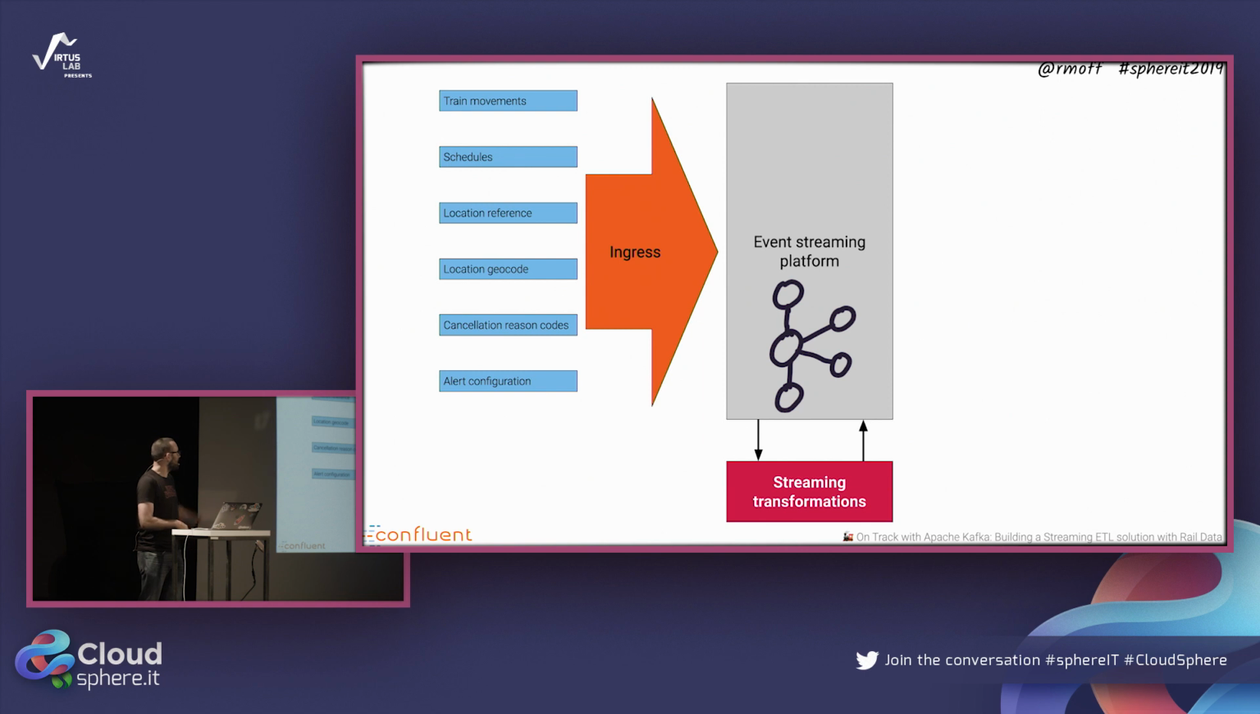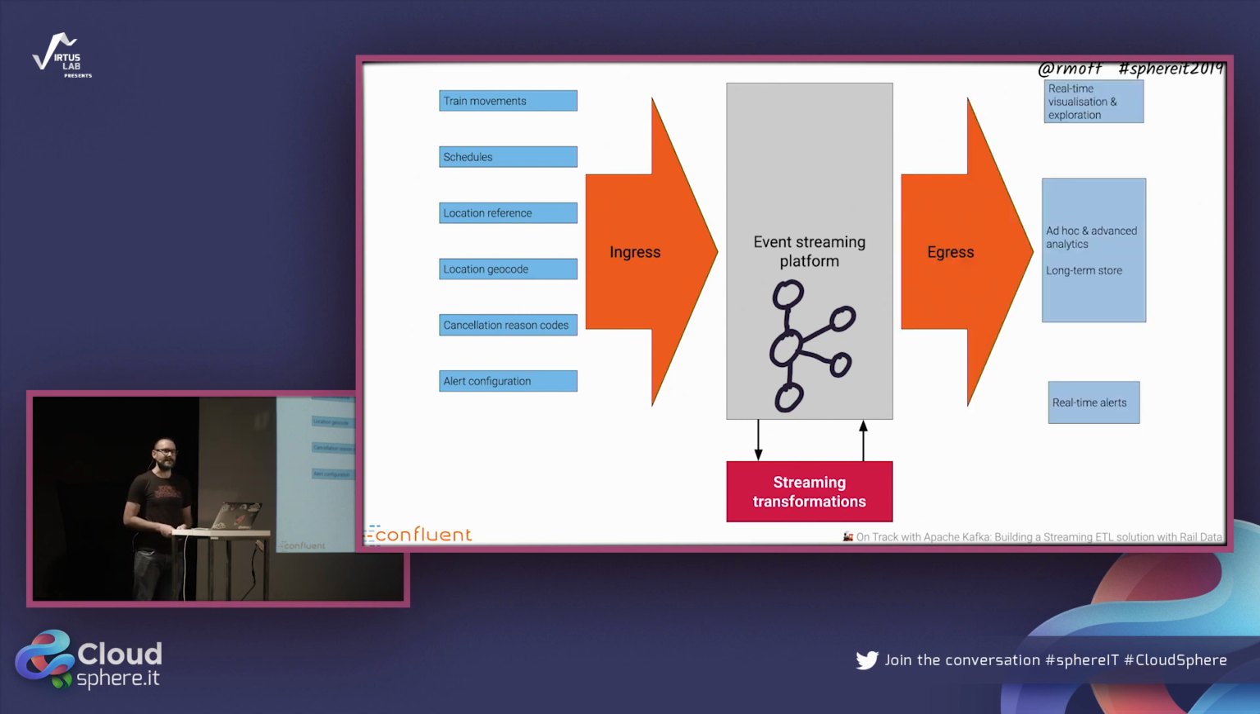So you've got the data coming in. You've got various different sources. So you've got the ingress side of things. You've got the transformations bit. And then we've got using it for the real-time dashboards, using it for more advanced ad hoc analytics, using it for real-time event services. The cool thing about this, though,